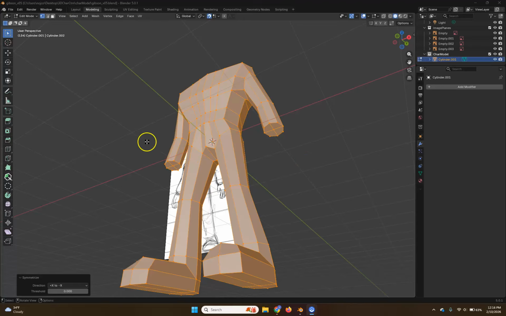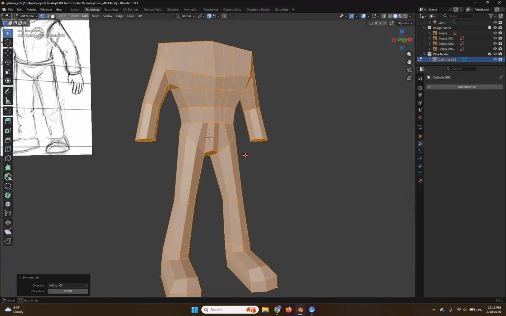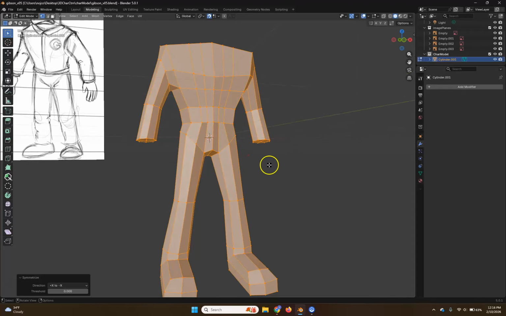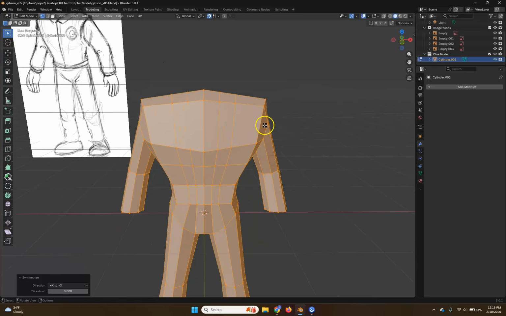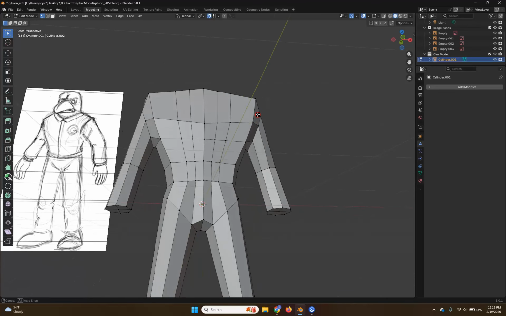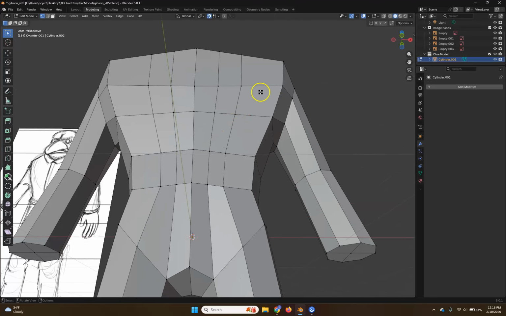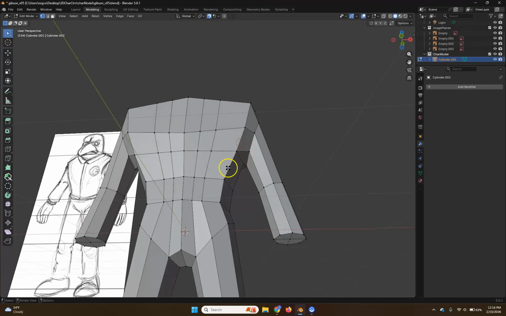All right, so we have our basic body model completed. Now what we need to do is more or less, I just want to adjust and refine the shape some. So some of it's just going to be adjusting the way some of the edges and things are. If you look at here, you can see they're uneven. They're a little closer here and farther away here. So stuff like that. So what I'm going to do is I'm going to hit 2, and I'm just going